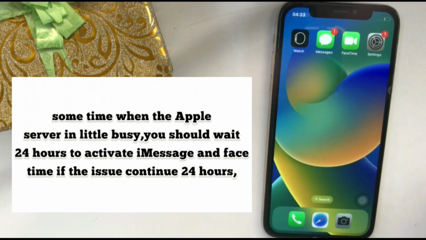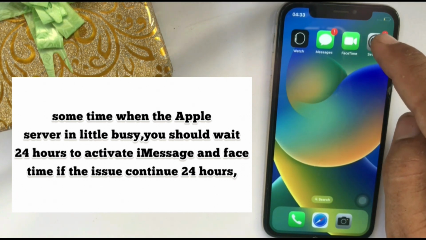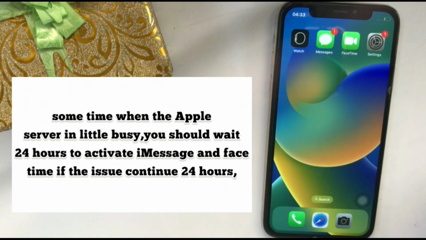Sometimes when the Apple server is a little busy, you should wait 24 hours to activate iMessage and FaceTime. If the issue continues after 24 hours,